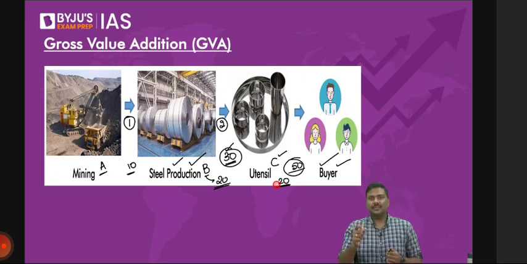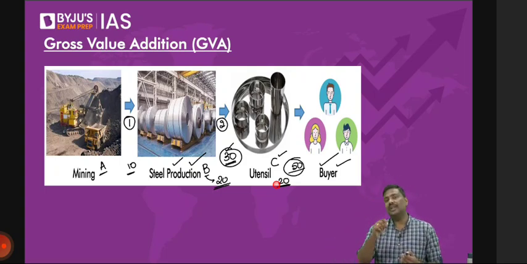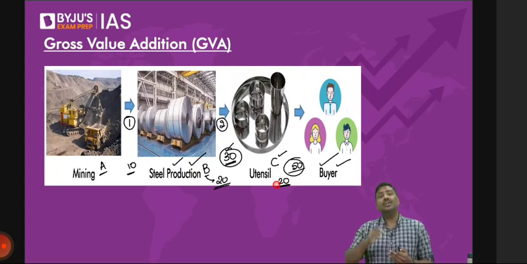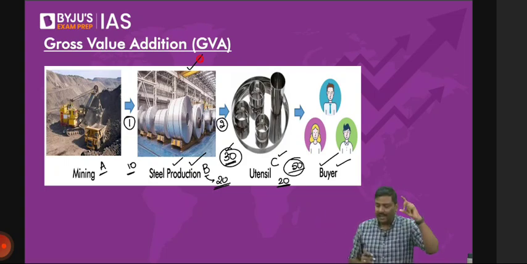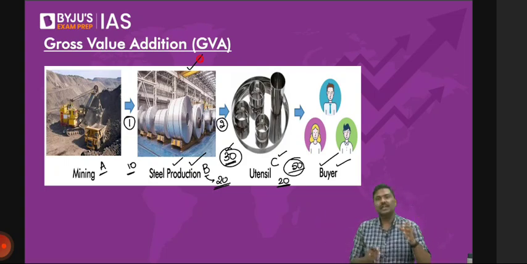The idea here is, as I told you yesterday, whenever you calculate GDP, you should count only the final goods. You should not count intermediary goods, you should count final goods. A simple question to you: the steel that is produced here, is it a final good or an intermediary good? It's an intermediary good. Is it okay? Let me know if you have a problem with this. The steel that is produced is intermediary.